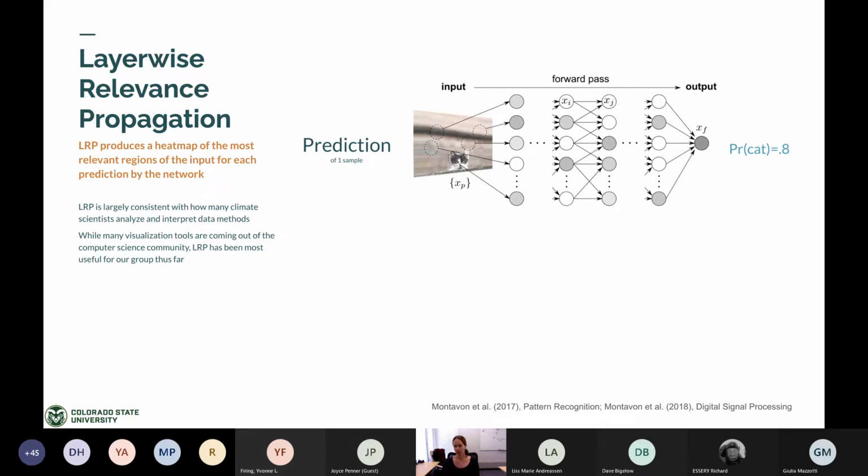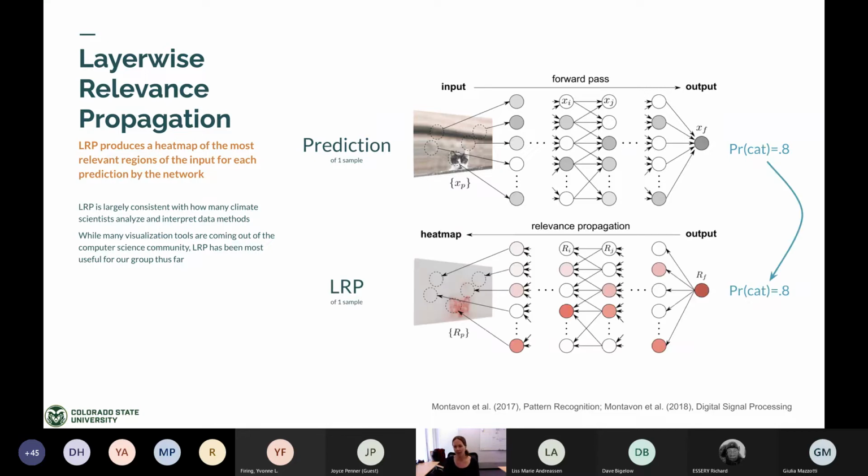Imagine you have a neural network or a machine learning box here, and you have a picture of a cat. You put the cat into your box, and out comes the probability that there's a cat in the image. And let's just say it's 0.8. So the neural network here thinks there's a cat. What this particular method does is it takes that value and pushes it back through the network to create a heat map of the most relevant regions for that prediction. So in this case, this heat map, if you see down here in red, says the neural network looked where there was a cat to determine there was a cat. Not terribly surprising or exciting, but at least it's working, okay?